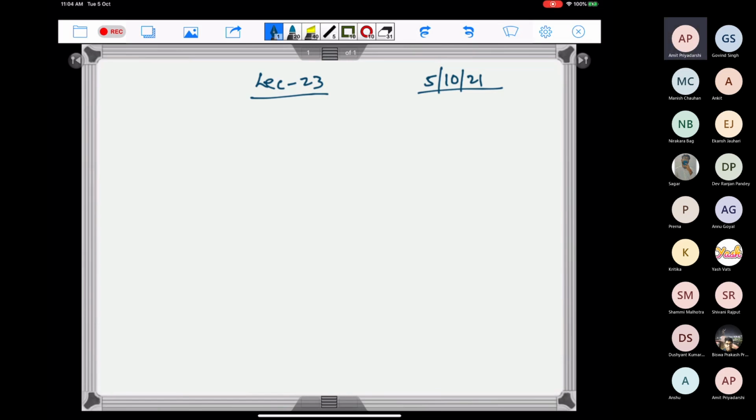Okay, good morning all. So in the last class, we proved a very important theorem known as the Riesz representation theorem. So what we got, let me just recall. If H is a Hilbert space, then for any y in H,